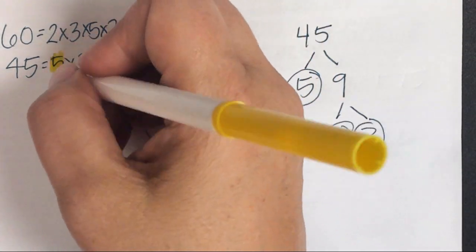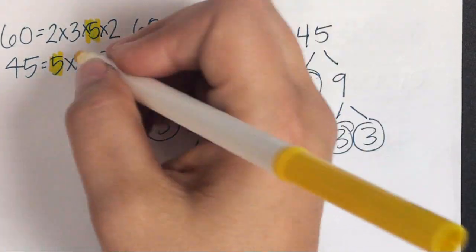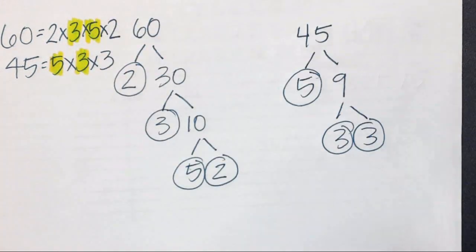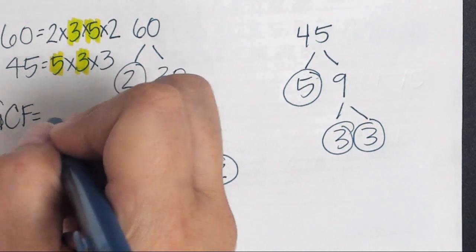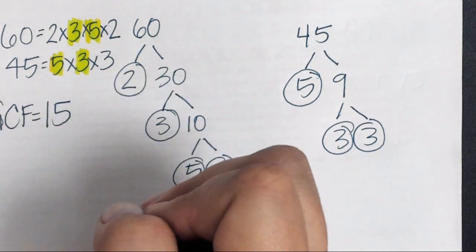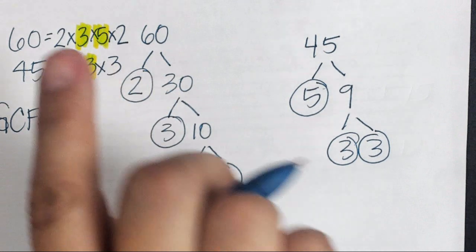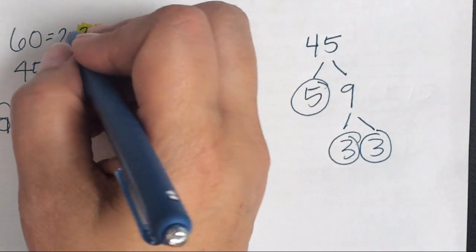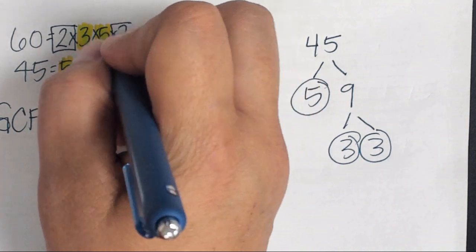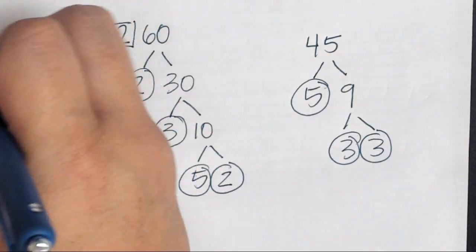I have a 5 here and a 5 here. I have a 3 here and a 3 here. Does anything else match? No. So what is my greatest common factor? 5 and 3, or 15. 15. Okay? Now, if we were trying to simplify 60 over 45, I have 2 times 2 left, which is